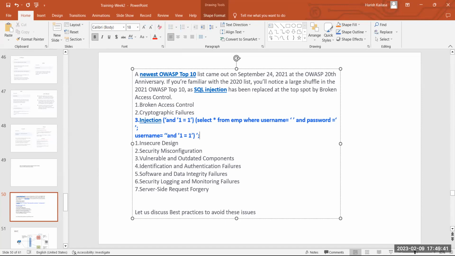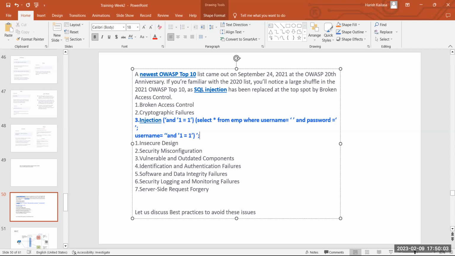Once he sees the dashboard, he can perform any actions without any problems, right? That is why SQL injection and these security issues are very important,